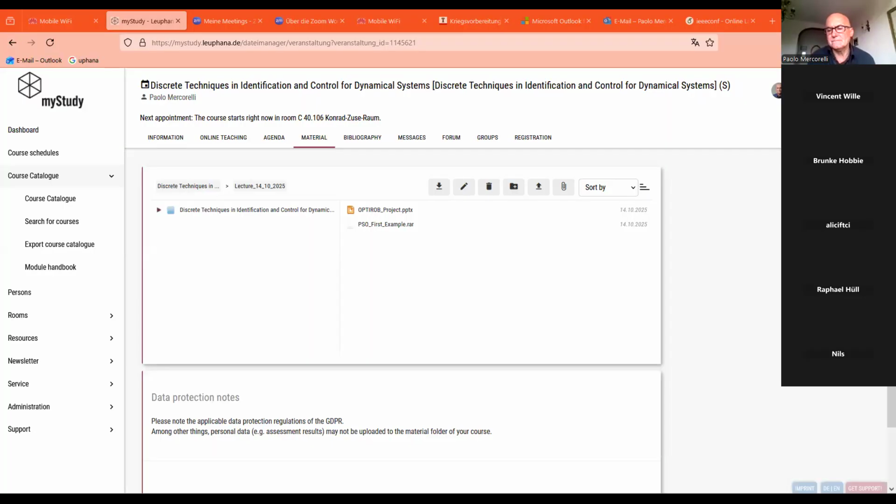Okay, let me start now with the lecture of today. As I told you, it's not exactly a lecture, it's more a seminar, in accordance with what I already told you, in accordance basically with the structure of this course. In order to introduce the PSO, particle swarm optimization method, I would like to very shortly